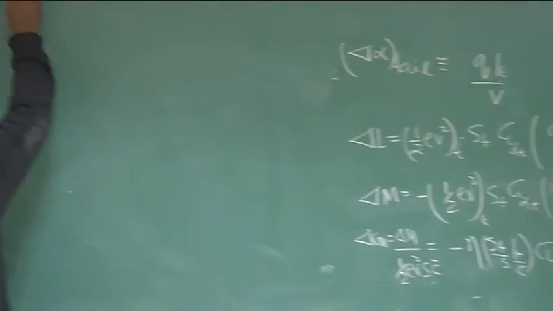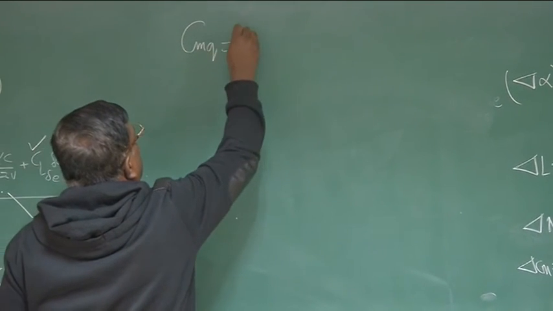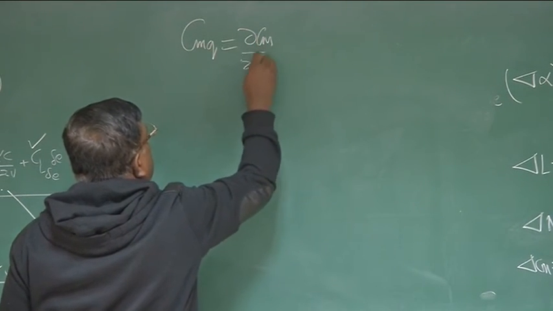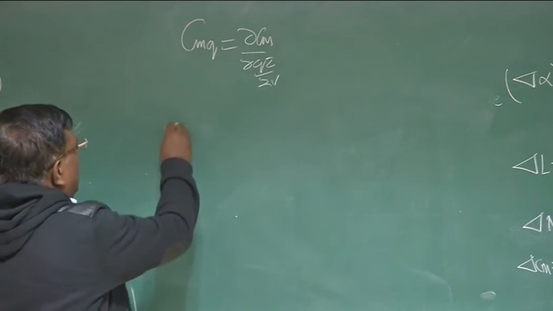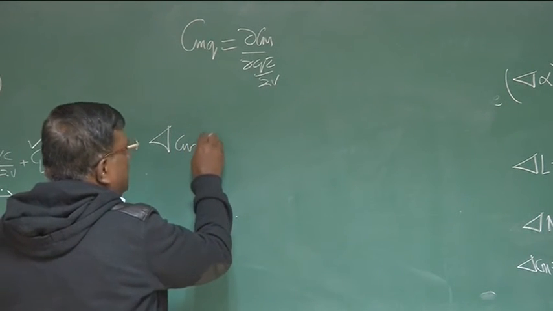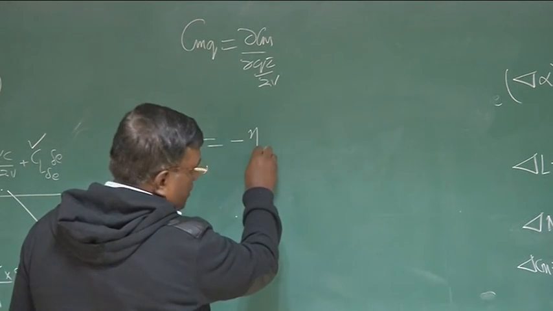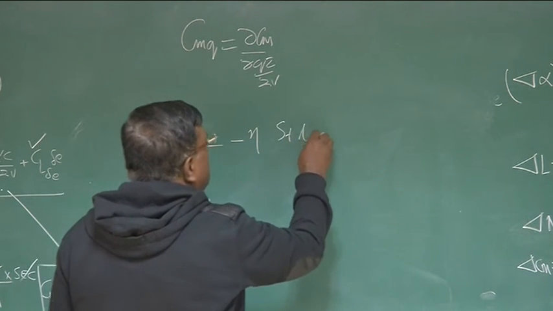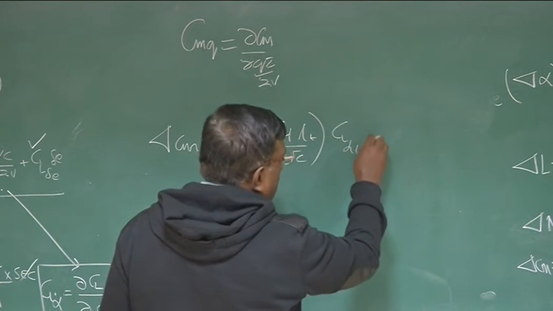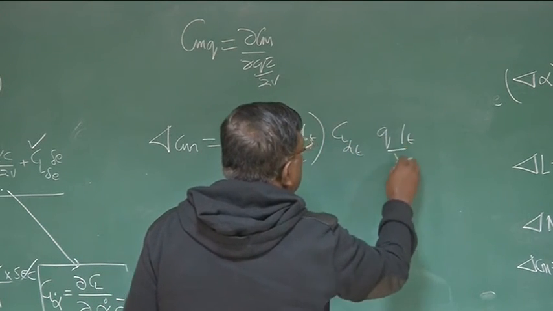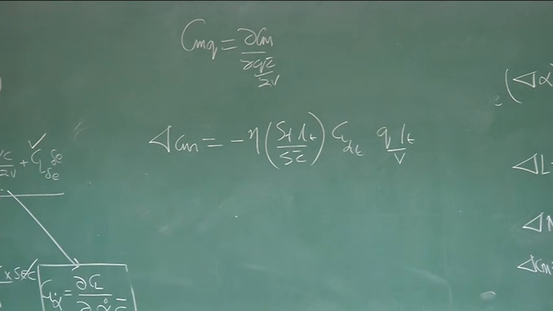Right? Our aim is to find an expression for CMQ, which is nothing but dCm by d(Q C bar by 2V). So we have got the expression of delta Cm is equal to minus eta S_T L_T by S C bar into CL alpha tail into Q L_T by V. Please remember, whatever CLQ expression you have derived, and now CMQ you are deriving, these are primarily only for the horizontal tail